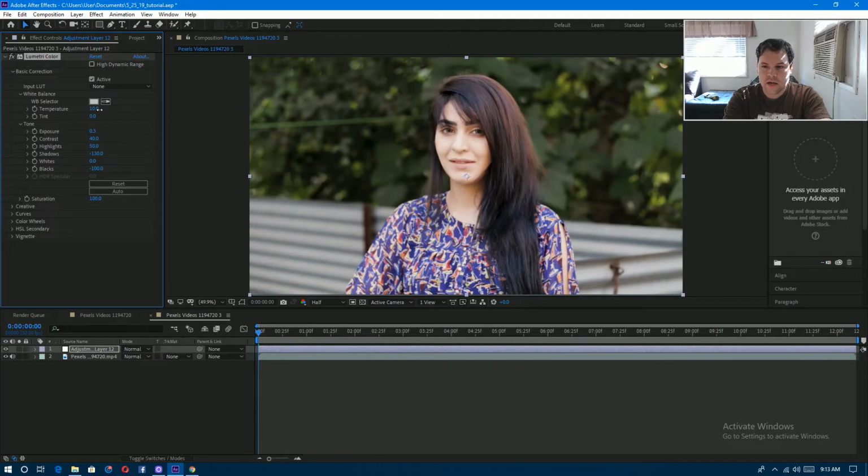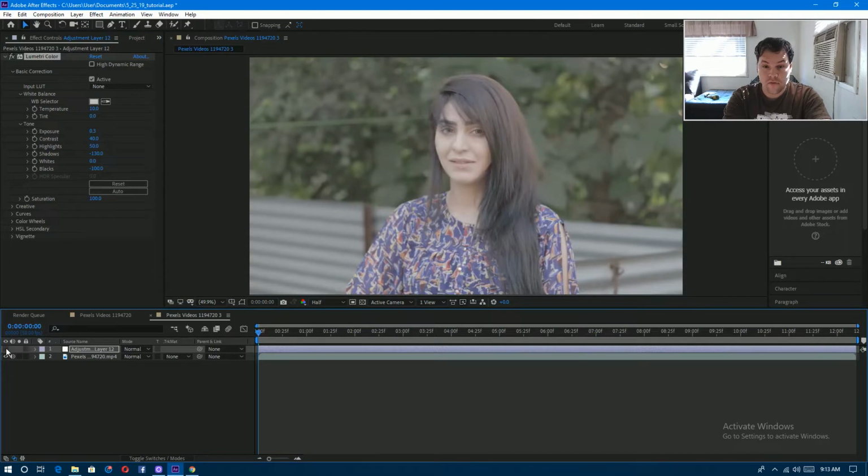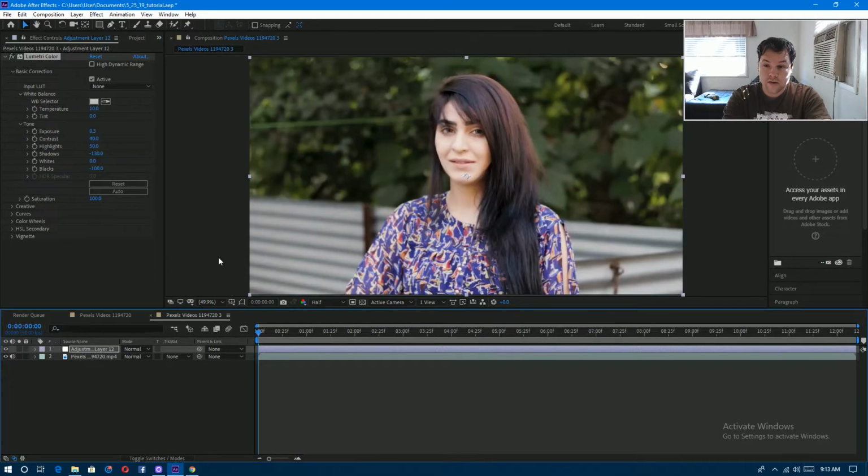So as you can see, increasing the temperature just kind of makes it warmer here and adds more sun to our footage here. So as you can see, this is starting to turn out really nicely here. Here's the before and here's the after. So far as you can see, we came a pretty long ways, but we can do more, so let's keep